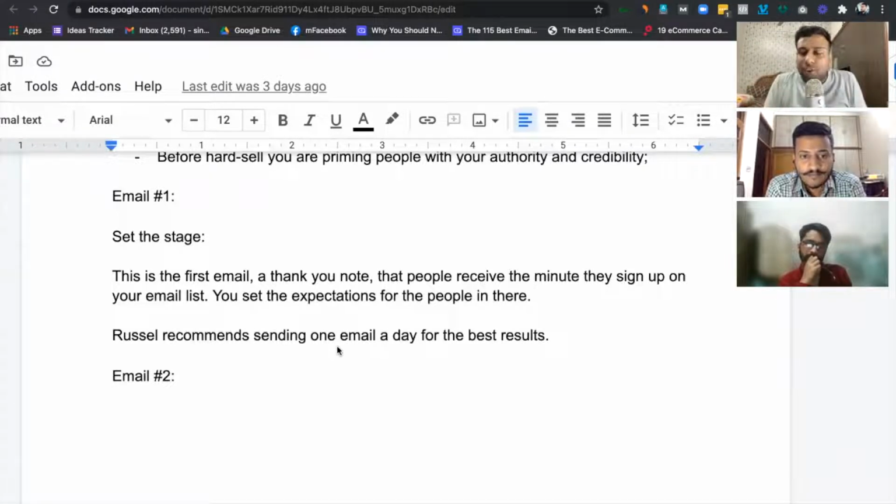If you have watched movies, you'll see the opening scenes are with very high drama. Like I watched Mission Impossible, where's the rabbit foot, where's the rabbit foot, that's how that movie started. All of those movies start with high drama, with the introduction of the hero given first. That's how you have to open your email sequence for the next 5 days: why they should listen to you, why they should be waiting for your emails, who you are, what your authority is, why they should even consider you. So you set the expectations of the people in your first email.